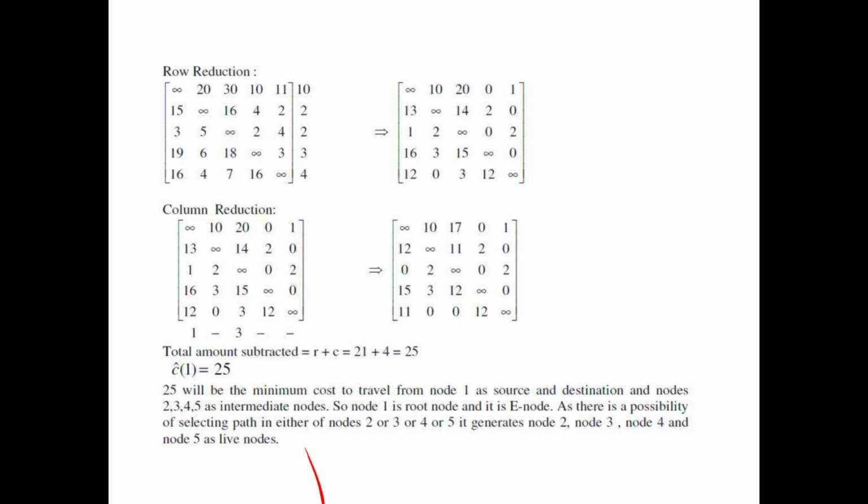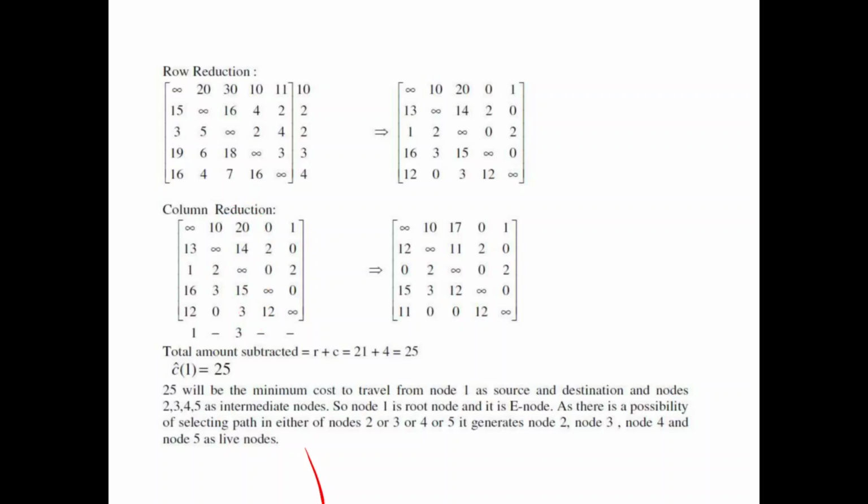Next, you can see in each and every column whether we have zeros or not. The first column does not have any zeros, so we have to subtract 1 from the column. The second column has 0, so no need to reduce in the second column. In the third column we do not have a 0 value, so 3 is the least value to be reduced in the third column.